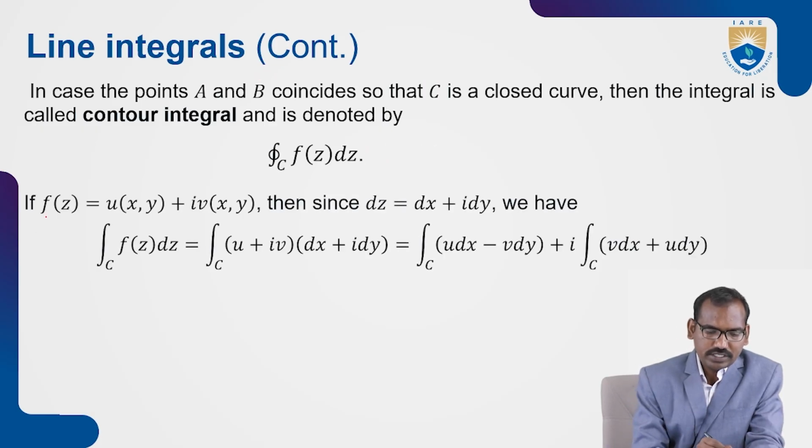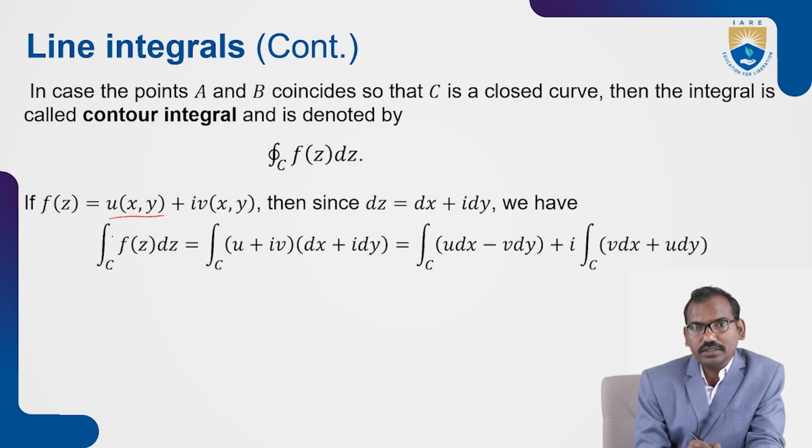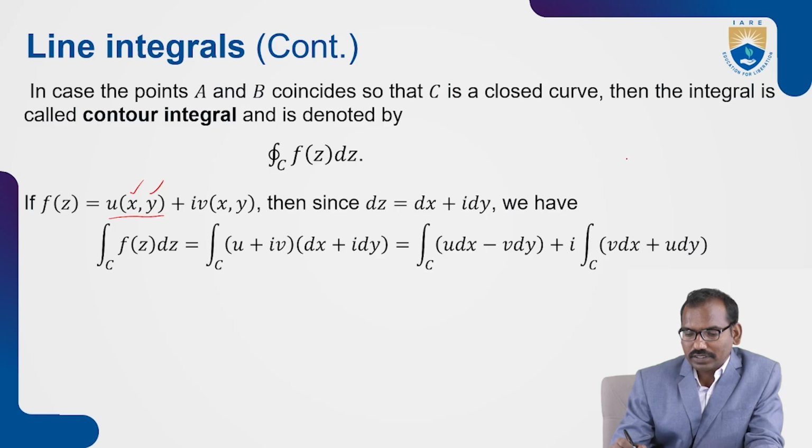Next, if you take f(z), whose real part is u, it is usually a function of x and y. x is the real part of the complex variable and y is the imaginary part. Plus, the imaginary part of f(z) we take as v, which is also usually a function of x and y. Since we know dz equals dx plus i dy,